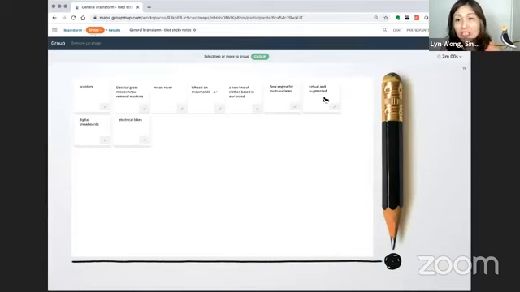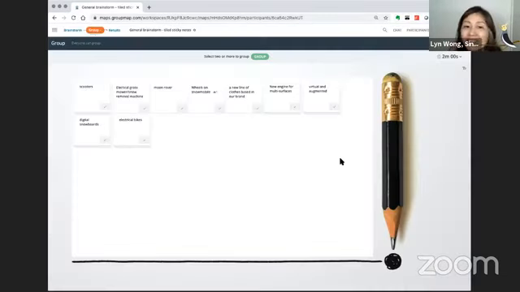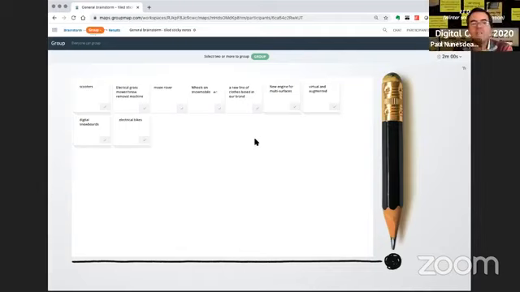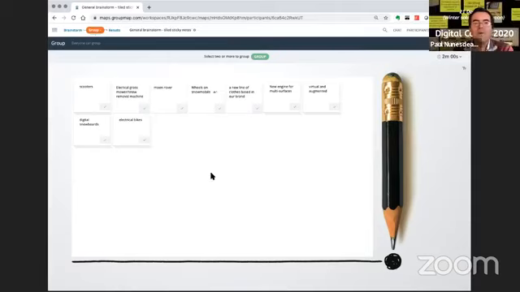Someone group this also, virtual and augmented. Right. Let's look at what's here. Virtual ski holidays and augmented reality. Any other groupings? I think digital snowboards and virtual and augmented could be part of the same category of digital innovation. Okay, would you like to group? Maybe Paul, you would like to group it for everyone? Does everyone agree with this? Yep. So, okay, let's create a group here, digital innovation.